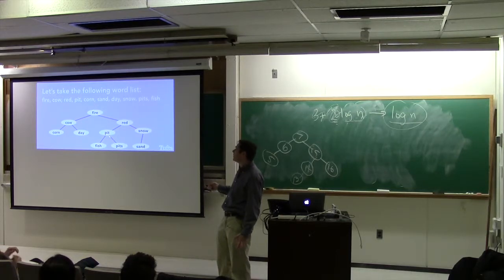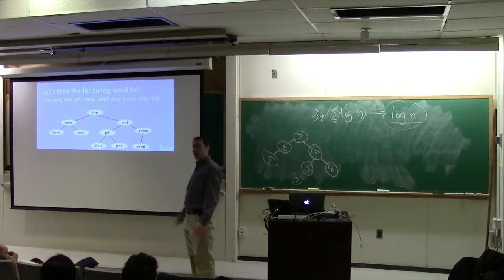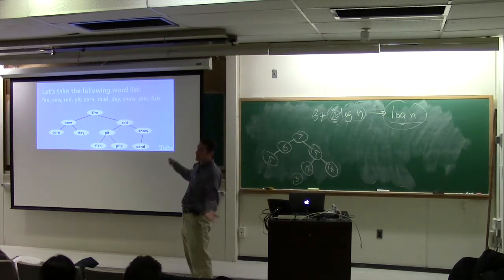Pit is earlier in the dictionary than red, but after fire, et cetera. It's just a binary search tree. And we could put them in here like this. And what is it going to take asymptotically to search for something in this tree? Logarithmic if it's balanced. If it's not balanced, it can be up to constant behavior, which is not so great,